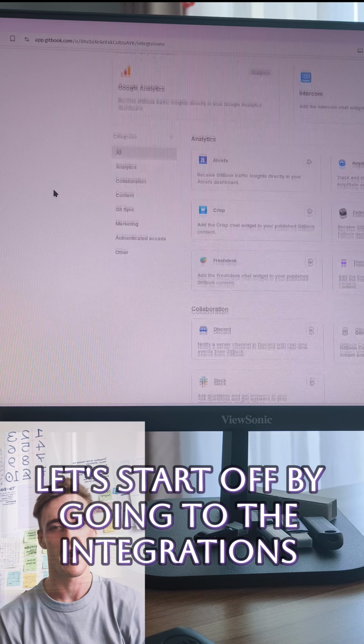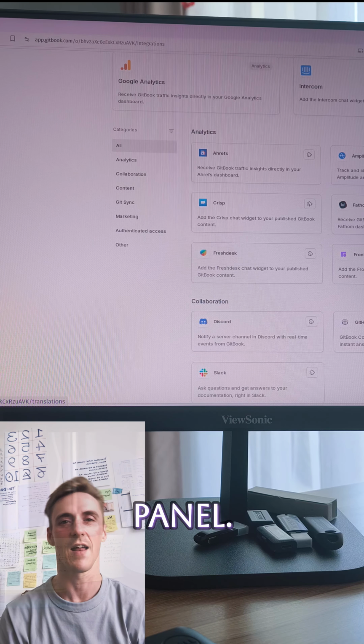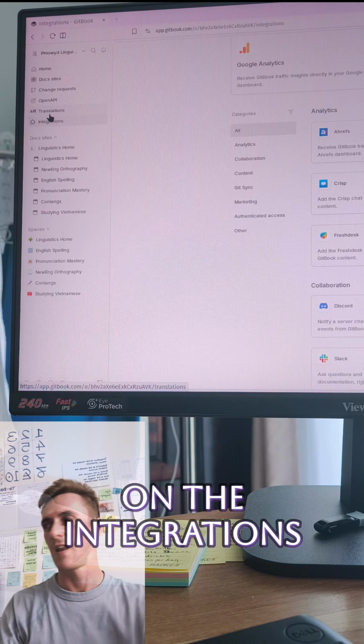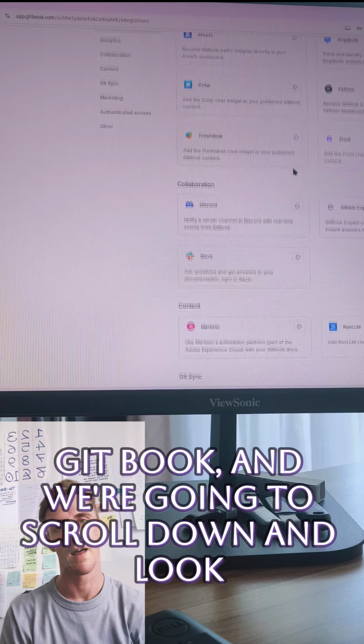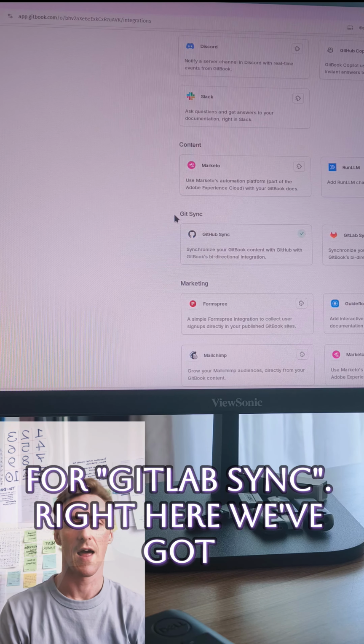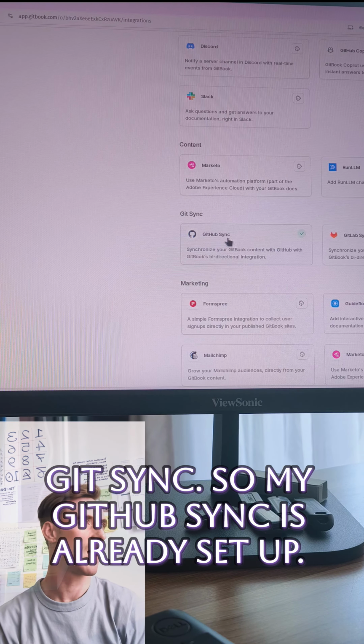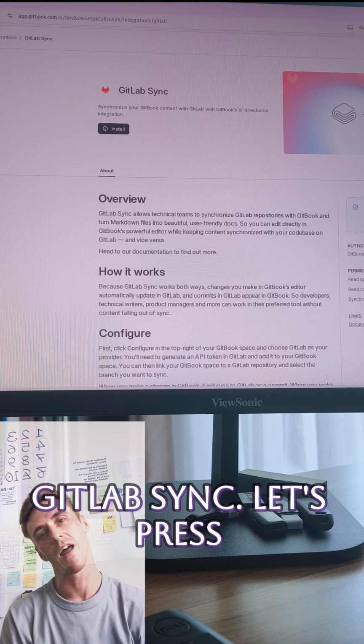Okay, so let's start off by going to the integrations panel here on the side in GitBook, and we're going to scroll down and look for GitLab sync. Right here we've got Git sync, so my GitHub sync is already set up. GitLab sync, let's press install,